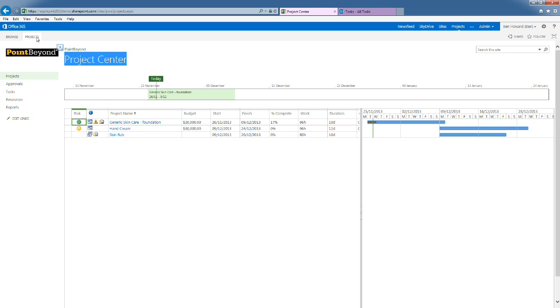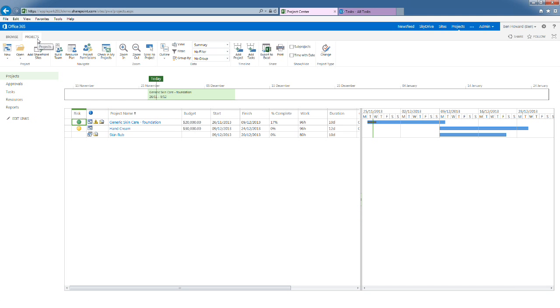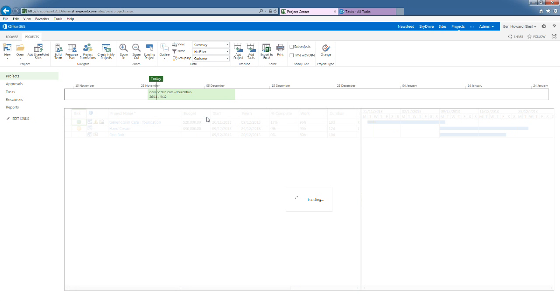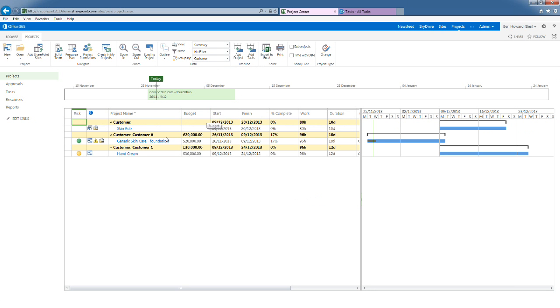Other things that we can easily do for this now is we may want to group our projects in a certain way. Remember I had those fields such as customer and budget, and I might have brand, etc. So let's just choose the customer one. We can see now that our projects are grouped by customer. So for customer C, we're doing our hand cream project, and our total value of the budget for customer C equates to £30,000